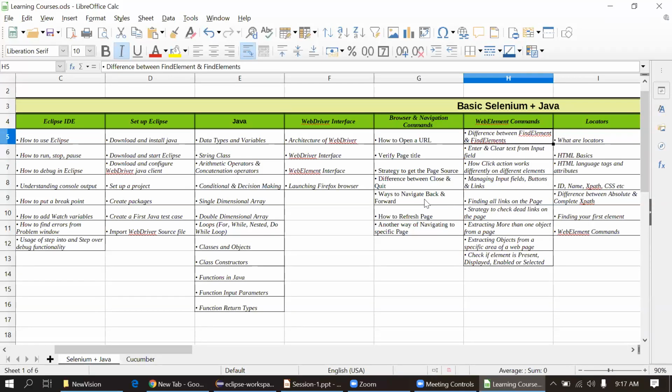Okay. Suppose there are 10 links in the UI. So we can also get the 10 links at a time in a single line of code, and we can perform some action on that particular links. Or if you want to verify against expected data, we can verify that as well. Same for the list as well. Suppose there is drop down, there are 10 options. We have to verify that option is getting displayed properly as per expectation. So simply we can store that into the list, and we can compare that list with the expected list. That is about the web element commands.